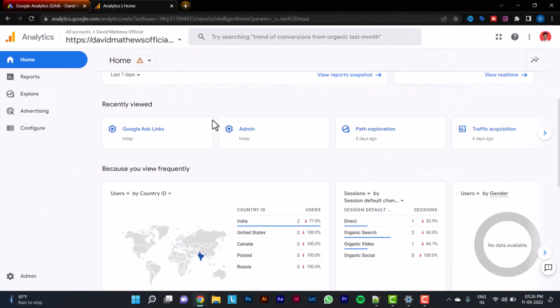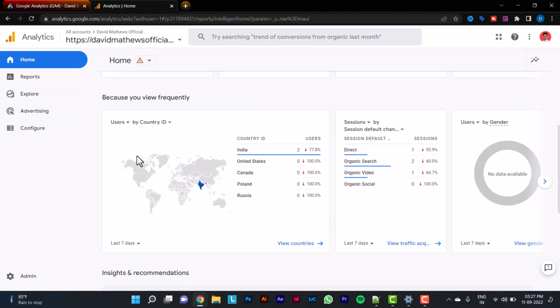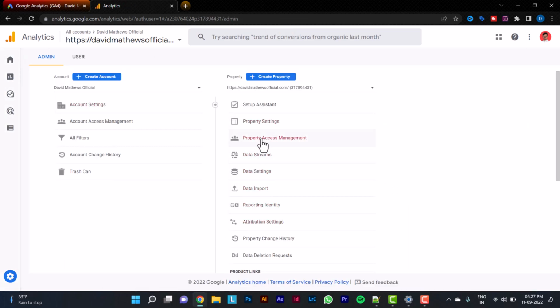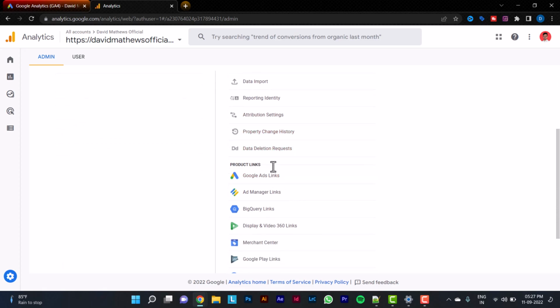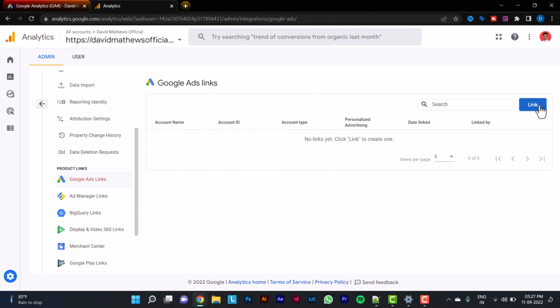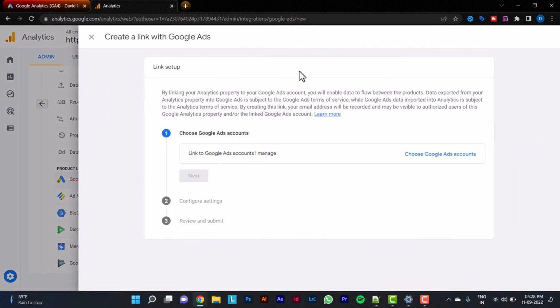The second way to go ahead and link your Google Analytics 4 account to your Google Ads account is through your Google Analytics platform itself. So once you're in the Google Analytics platform, head over to admin. And when you are inside the admin settings, there is a section called product links. Click on Google Ad Links. And in the corner, there is a link button. Once you click on the link button, this particular pop-up opens up from where you can choose a Google Ads